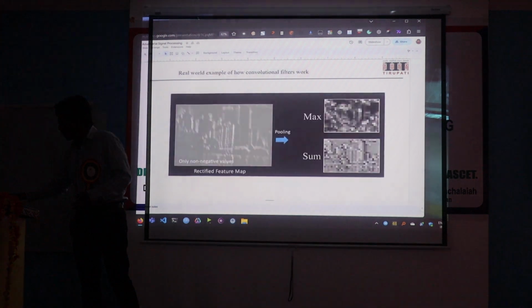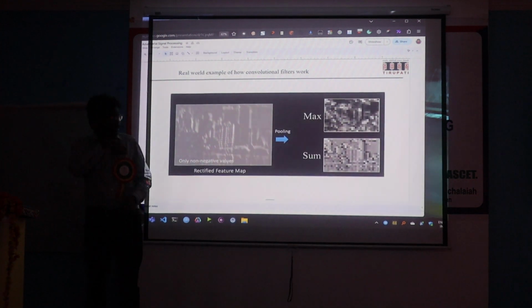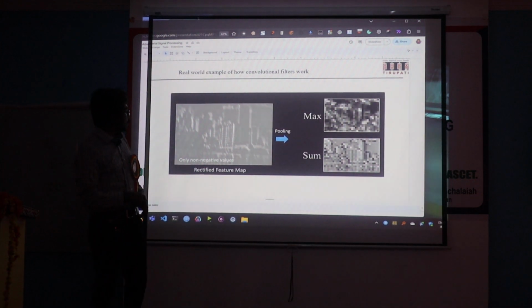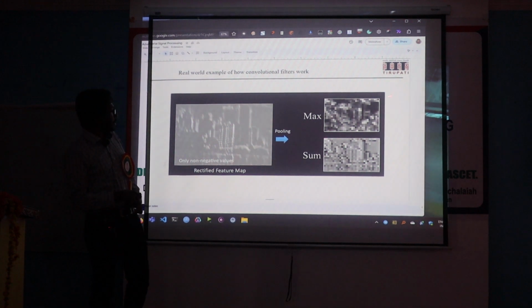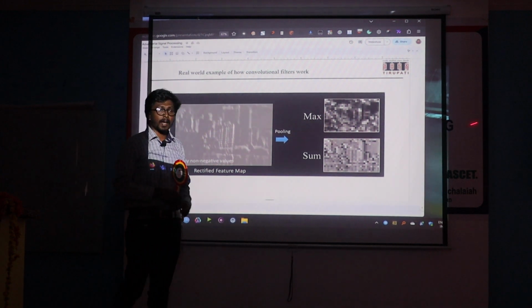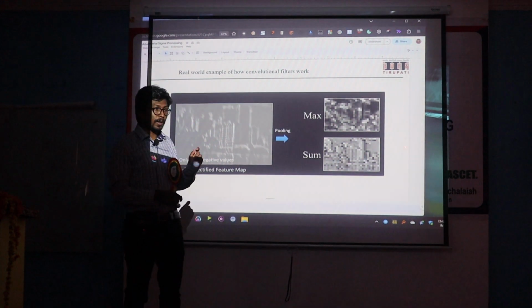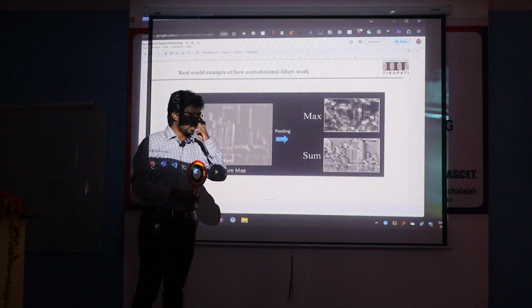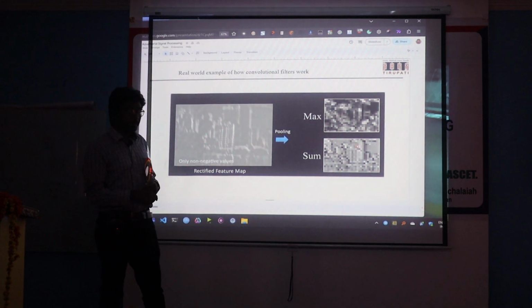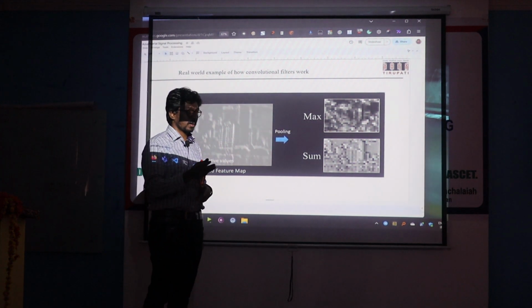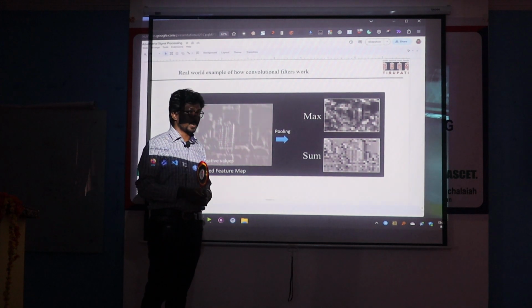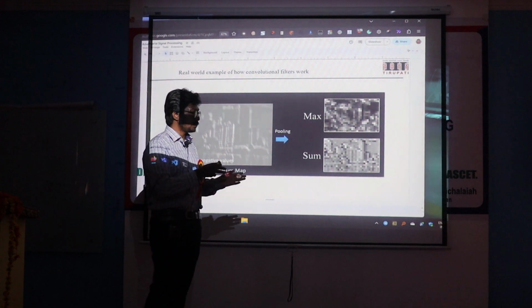This is one example I'm trying to show. From this feature map, this is what happens when I get the maximum pixel values, and this is what I get when I take the sum of all pixel values. To get the maximum, I do max pooling, or I apply something like sigmoid over all the data.